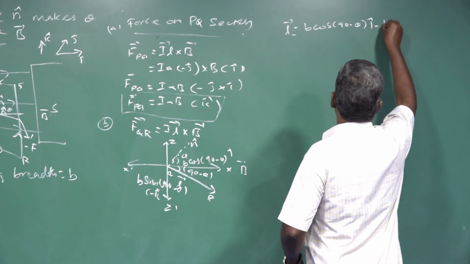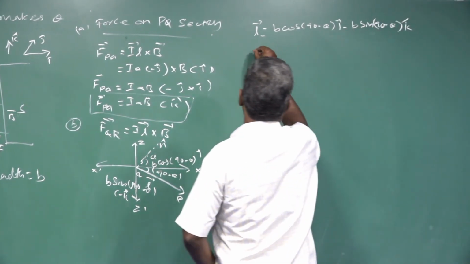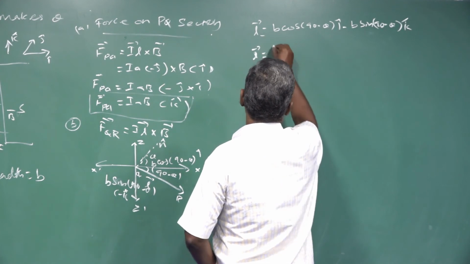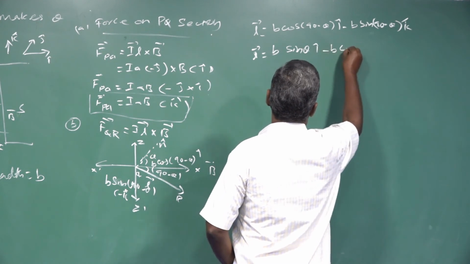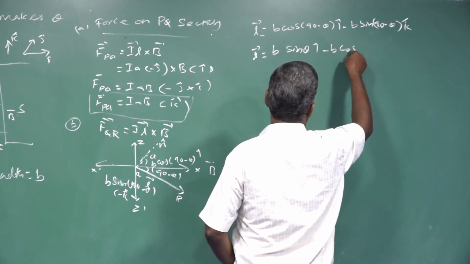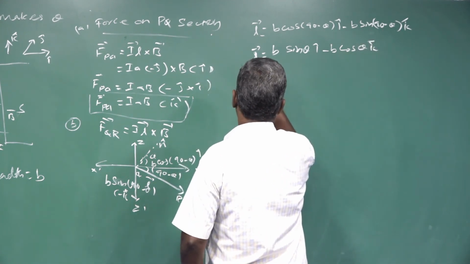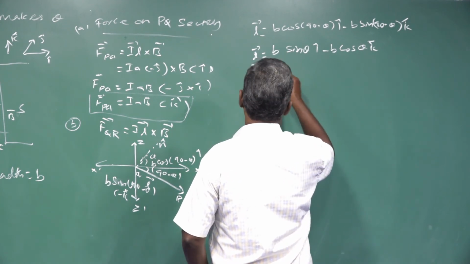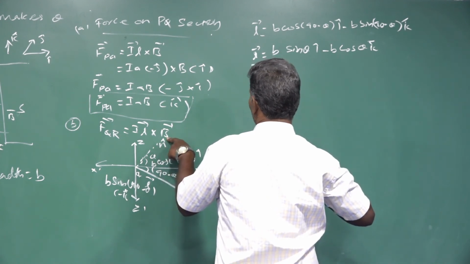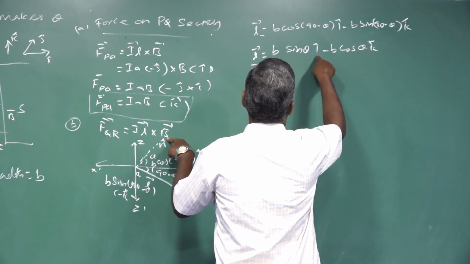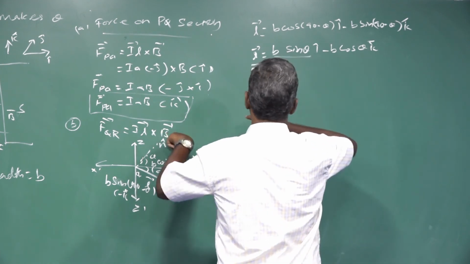That's why minus b sin of (90 minus theta) into k cap. So we will simplify that. L vector is equal to b cos of (90 minus theta), that is sin theta, into i cap, minus b sin of (90 minus theta), that can be taken as cos theta, into k cap. That we are going to substitute into F QR vector. We know that B can be taken along the i cap direction. That's why b sin theta i cap cross i cap becomes 0. So this part, the product with the magnetic field, becomes 0.